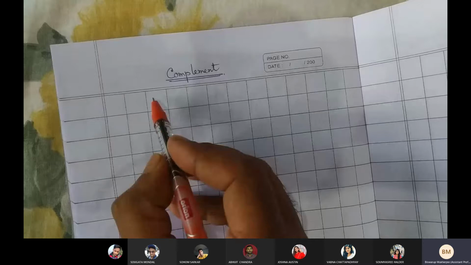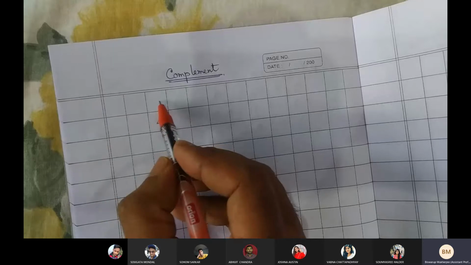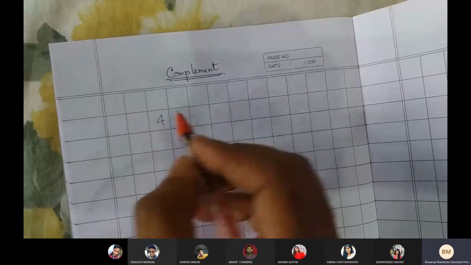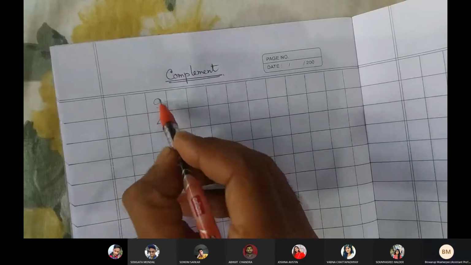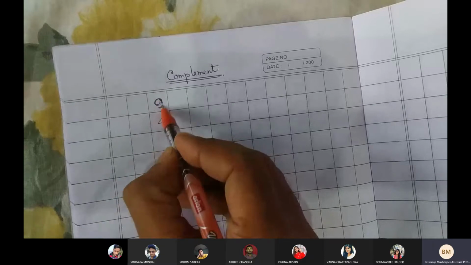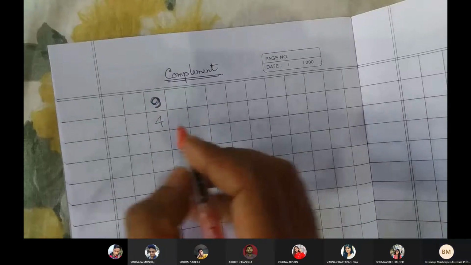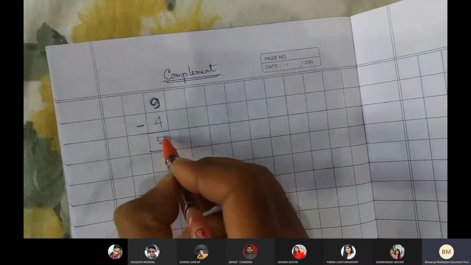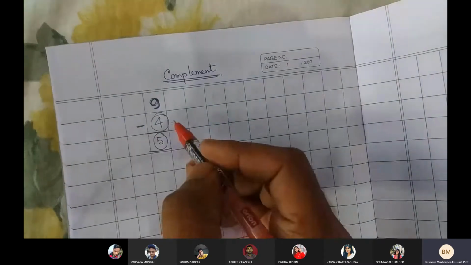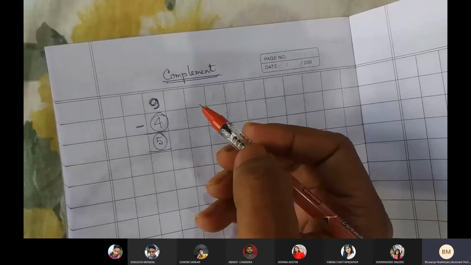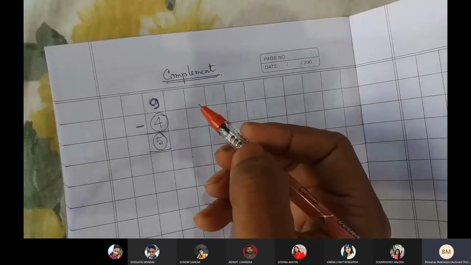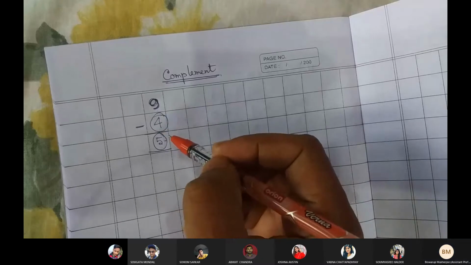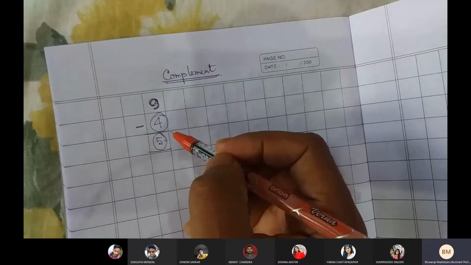So we can get it right from the highest digit of ones. So that is one's highest digit is 9. The maximum digit in the one's house is 9. So 9 minus 4 equal to 5. So 5 is the complement of 4, you can say. Generally we say this one. Okay. So 5 is the complement of 4. So this is the complement sense.